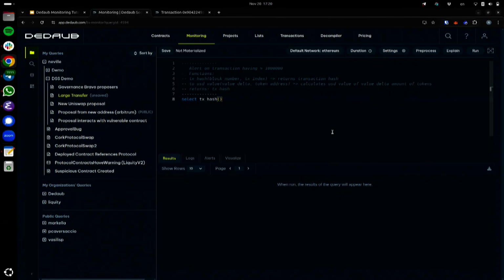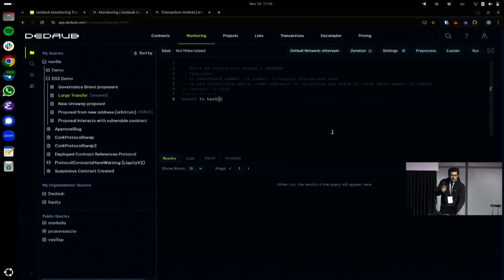Now we don't store the transaction hash in our time series tables because the transaction hash is not easily indexed. It's basically random data, but all we really need is the block number and the transaction index because those uniquely identify the transaction. So we need to calculate it using this function, transaction hash. So block number,